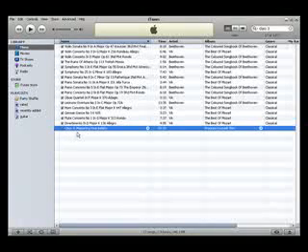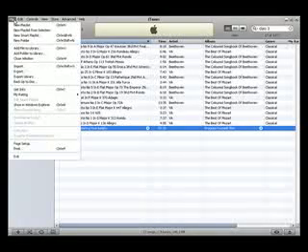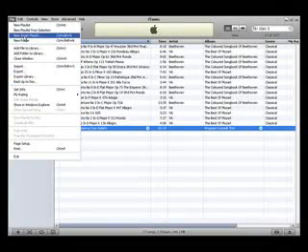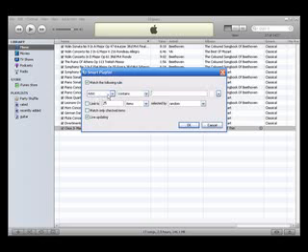Now what we want to do is create the playlist. So once you've gone through all the Program Yourself Thin files and changed the info so that you get the album on there, what you want to do is go to File, go to New Smart Playlist right here, click on that, and you want to put